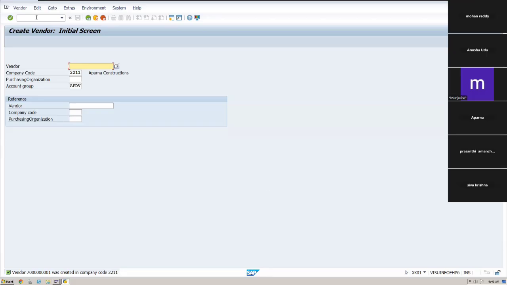At the same time, a vendor GL account is required. The vendor GL account we already created, so we need to create a raw material GL account. As Aparna Madam created, the business is a construction business, so before starting the construction, the required raw material is